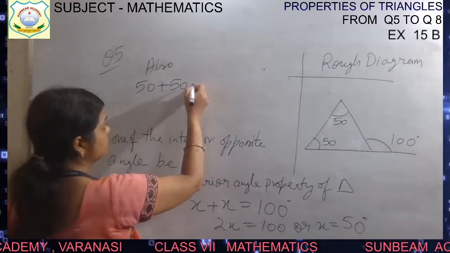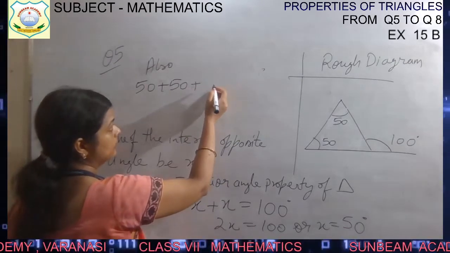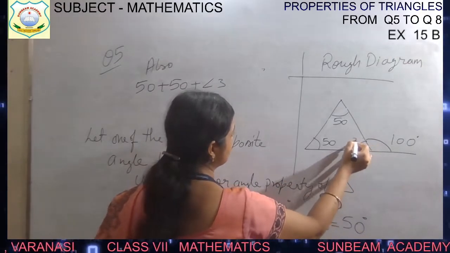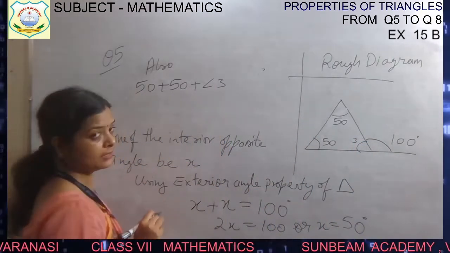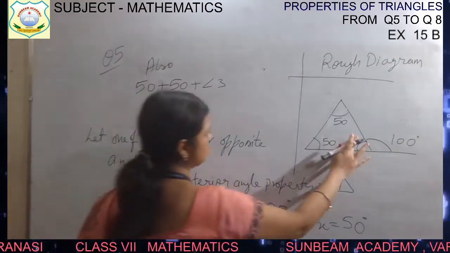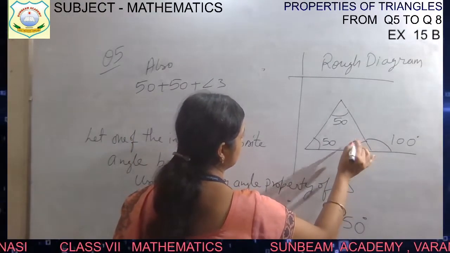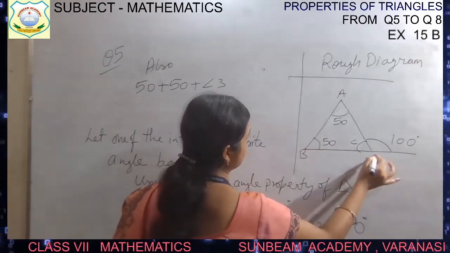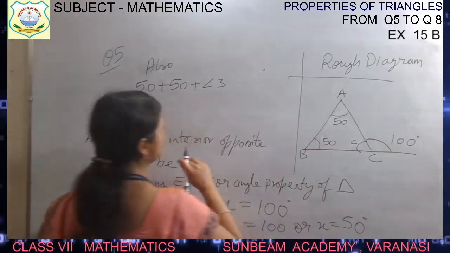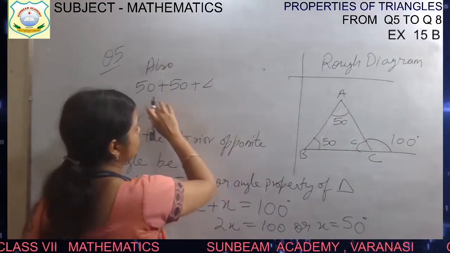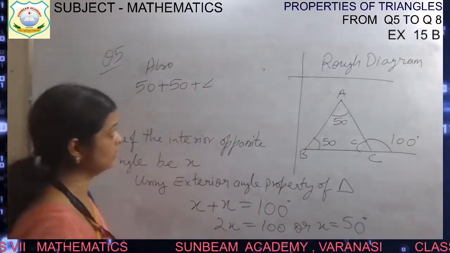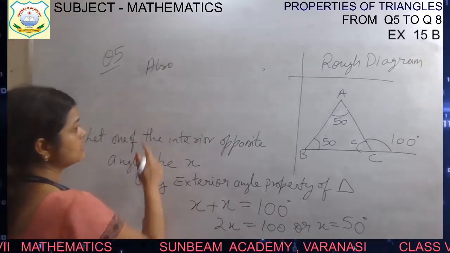So 50 plus angle 3, इसको ले लीजिए, इसको एंगल 3 ले लीजिए. ठीक है, इसको C ले लीजिए बेटा, ABC. ठीक है, इसको एंगल C ले लीजिए, या फिर आप इसको लिख सकते हैं 50 प्लस एंगल, you can write it properly. Write it as angle